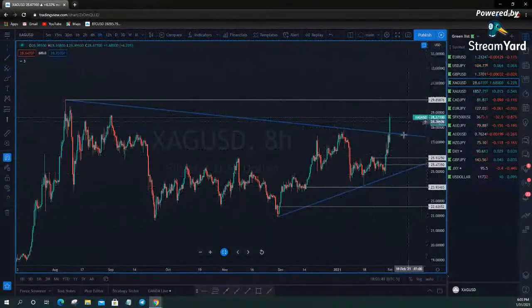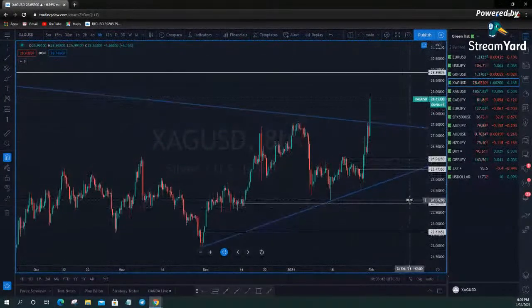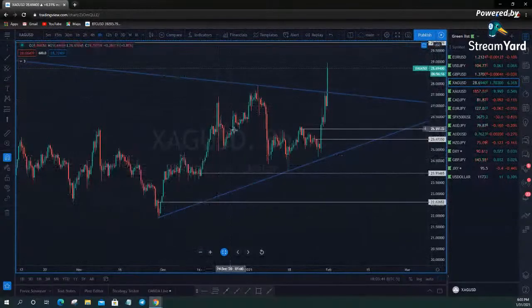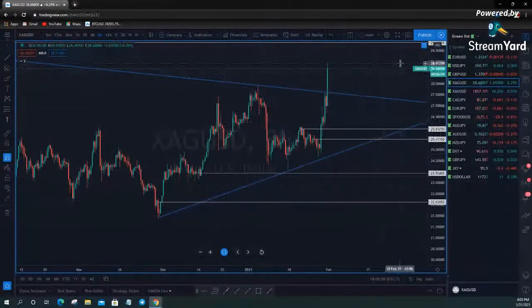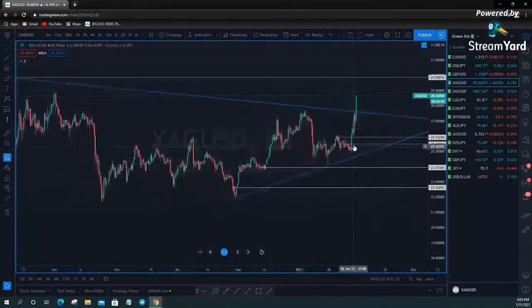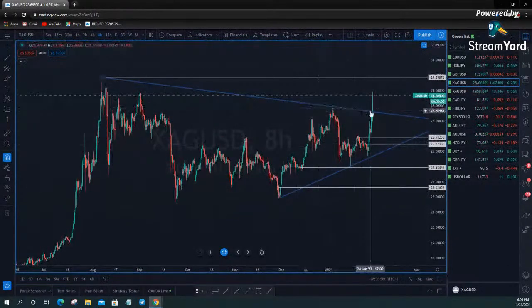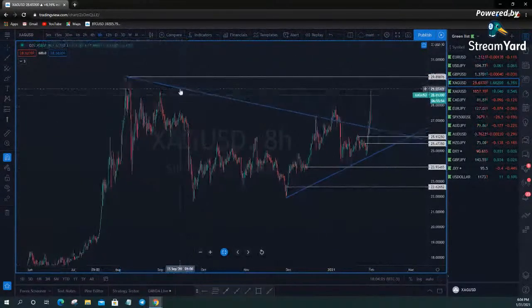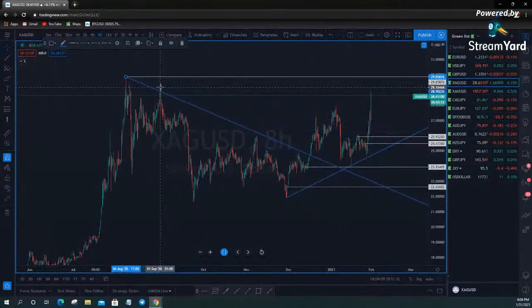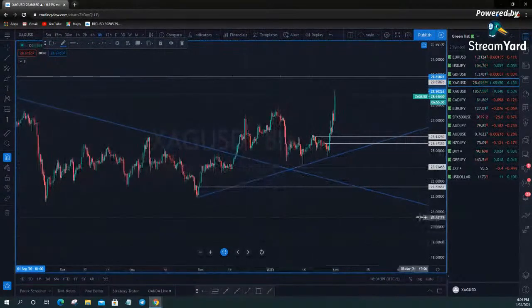If you just look at that price action, this structure is very, very good. Now you're up here making higher highs, so you're continuing your bullish structure. If we get above this and stay above this, I believe it's going to go high, because this is a huge breakout area. When I had this trend line here a few weeks ago, I was telling everybody to look for this breakout here.